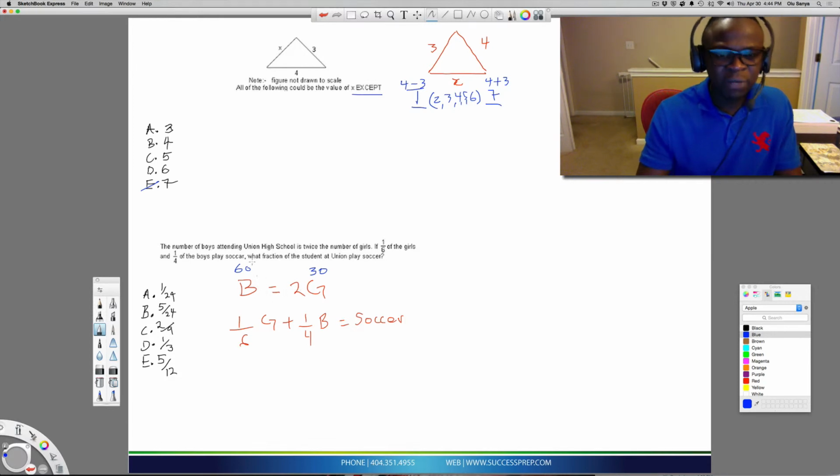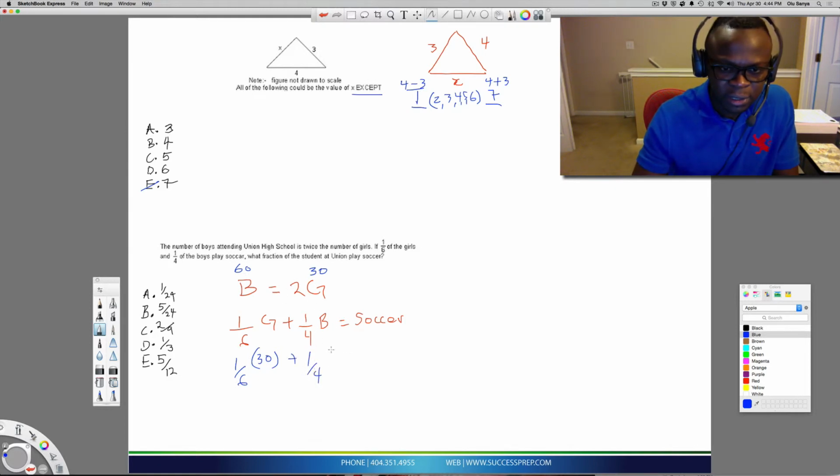So all of a sudden, even though in the question they didn't give us values for the number of boys and girls, I plugged in values that can work and that would help my math. So in effect, I can say 1/6 of 30, which is the number of girls that I picked, plus 1/4 of the number of boys, which is 60. Obviously 6 into 30 is 5, and 4 into 60 is 15. So I now know there's a total of 20 kids that play soccer at this particular